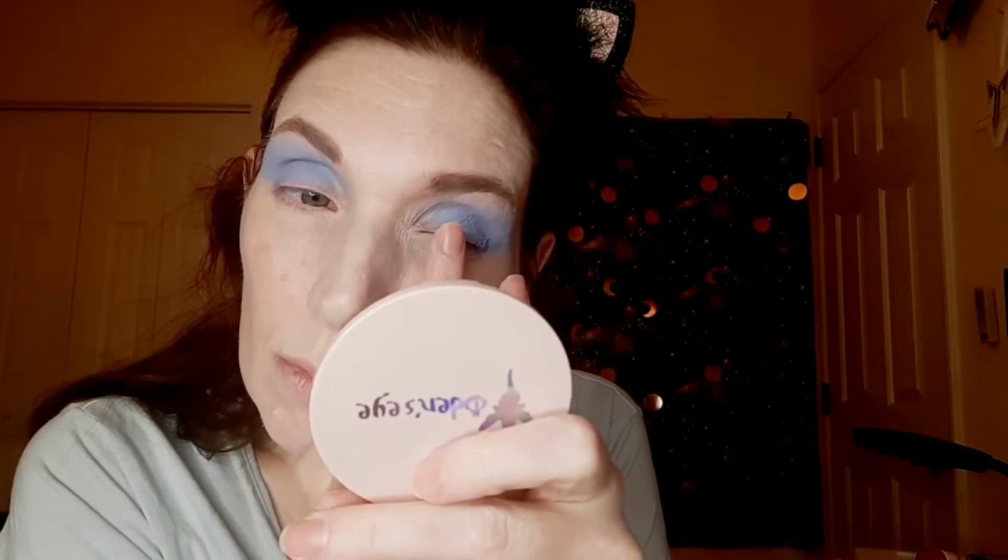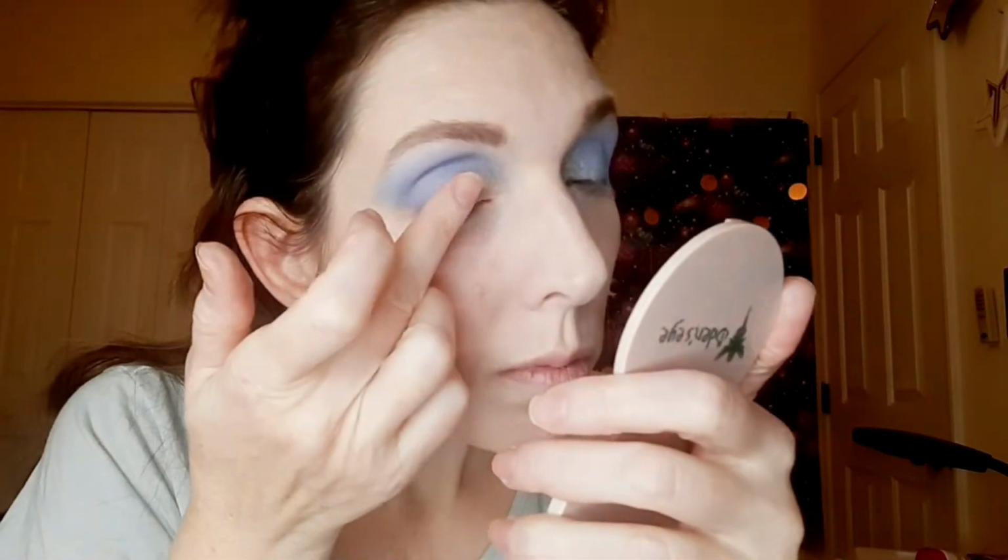Do I dare try like another color family? Do I go with purple or should I do the teal just for shits and giggles and then do the teal under the eyes? That's the teal. I wonder what that would look like. Guess I'll use my little Odin's Eye mirror, even though I have plenty of other hand mirrors. I mean, you look around my room, I've got a wall full of them. But just pop that down there. That's pretty. Let's do some more. And it's that teal shimmer again. It's coming to be like a very dreamy look. Like cloud spun,